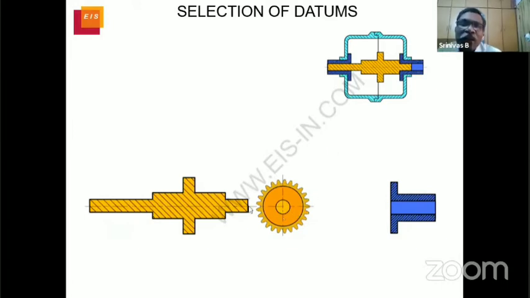Secondary datum is this surface. Do you know why? This is butting here. Are you seeing, sir? This surface is butting, functional. Is this surface functional? No. Though these surfaces are of the same area, this is follower, this is leader. This is a big surface, right, sir? But these are all followers. Leader is this and this, primary, and this, right, sir?